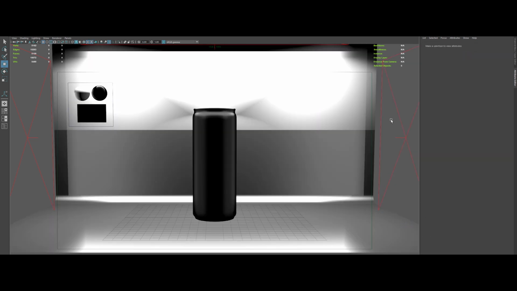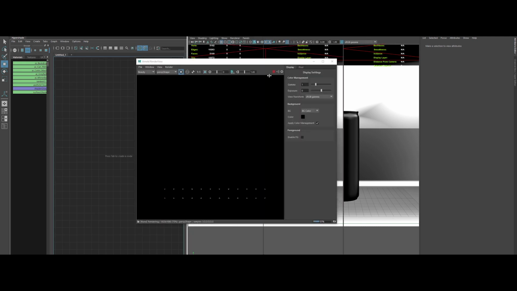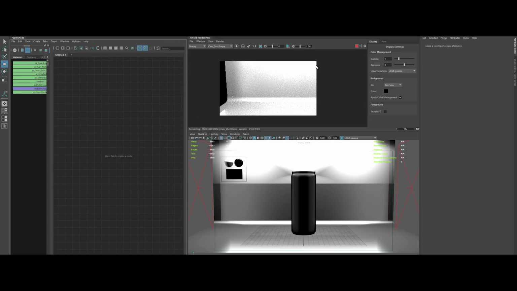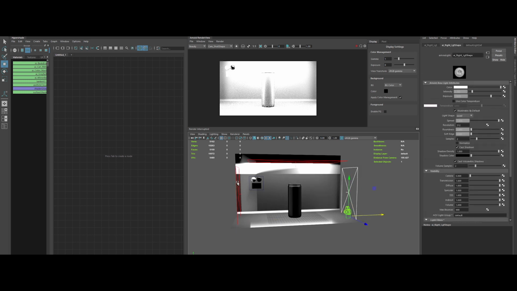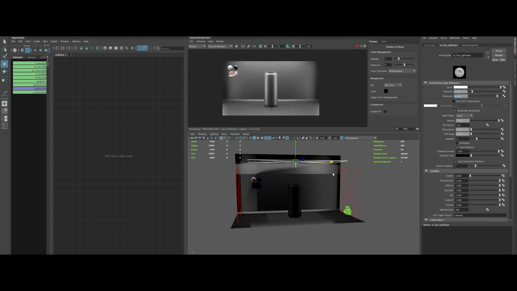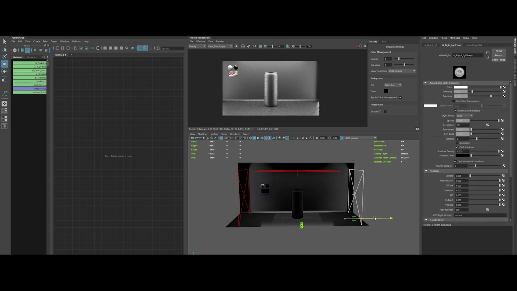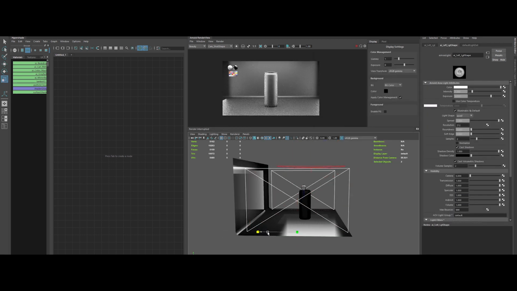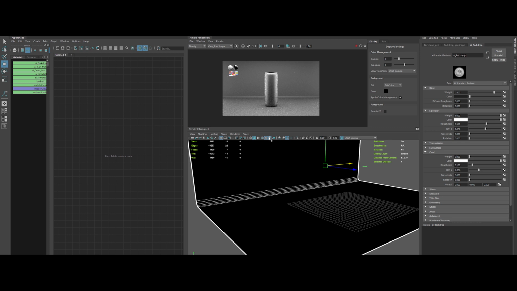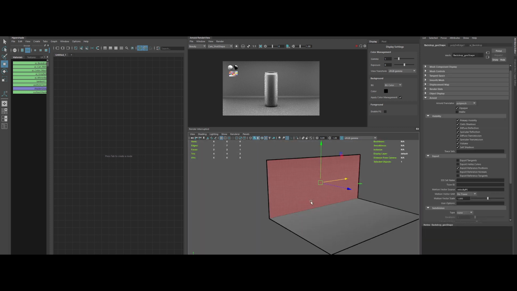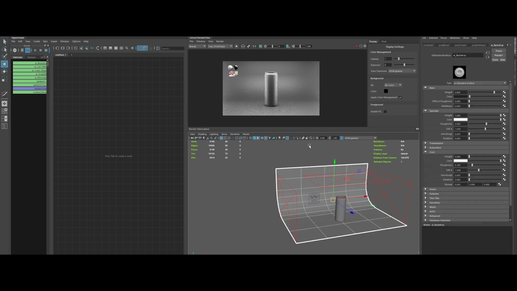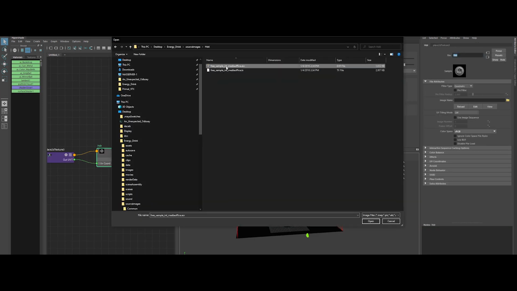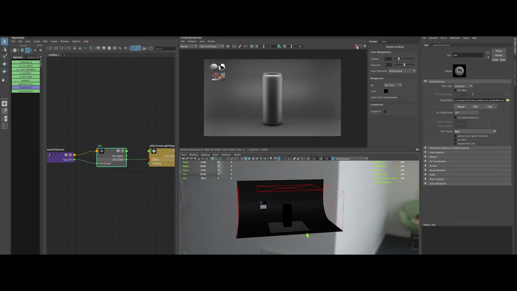Let's make a preview with the IPR of Arnold if everything is working fine. Okay, really too overexposed. Let's lower the exposure value of the lights. Much better. Small tweaks here and there. Now I will adjust a bit the backdrop as the angle is not enough smooth for my taste. Nice. Let's now add an HDRI to the scene. Really looking great for the base.